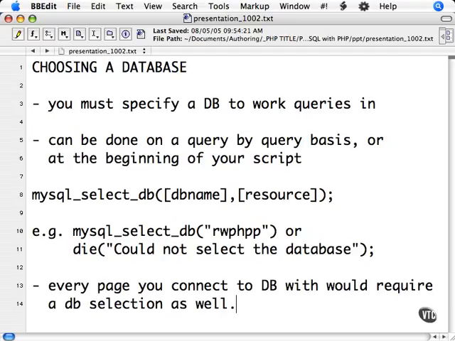To specify the database that you're going to work with, simply use the MySQL select DB function. The argument that it takes is the database name that you want to use. If you're working with more than one MySQL server, and you have more than one MySQL connection open, you may also pass it the resource variable to specify which connection you are selecting the database for. However, 99% of the time you're only working with one connection, therefore you do not need to pass the resource variable into the function. So the function would then look like MySQL select DB, and then the DB name, and then